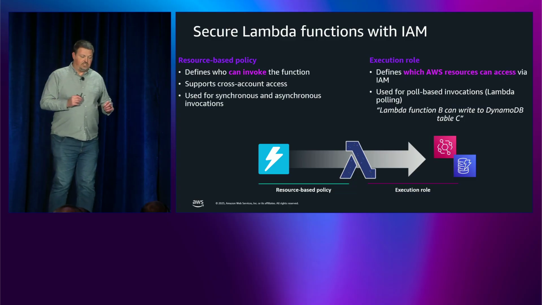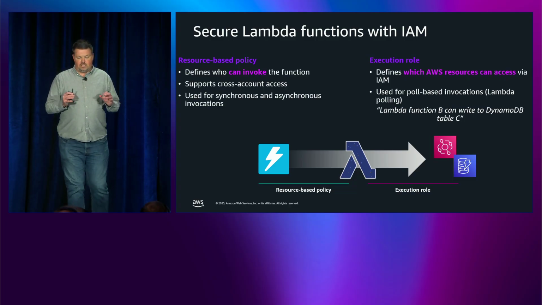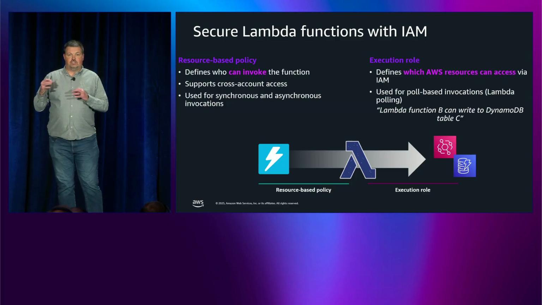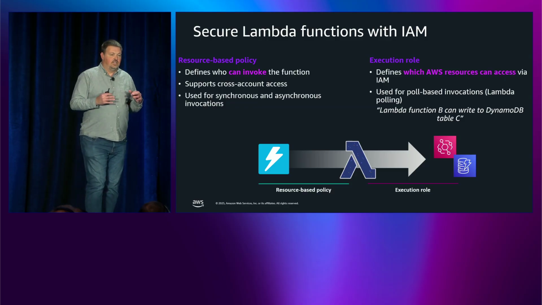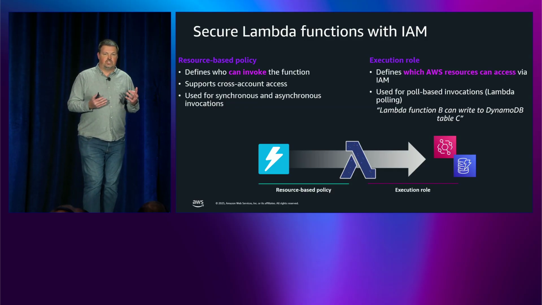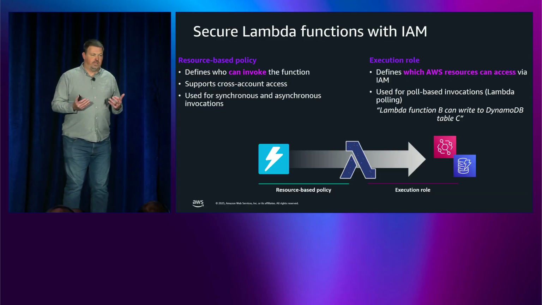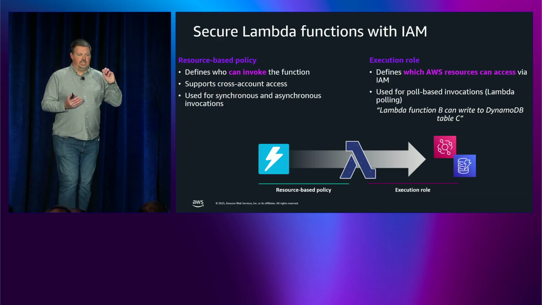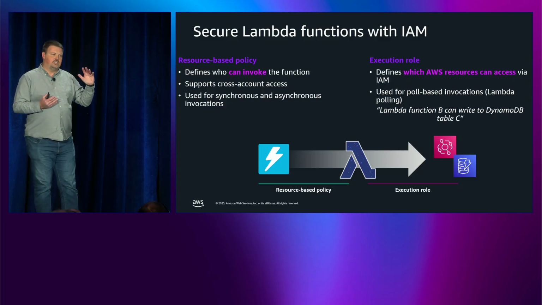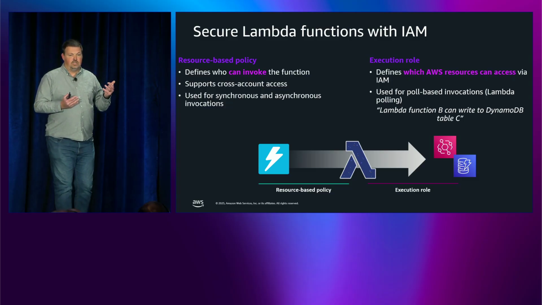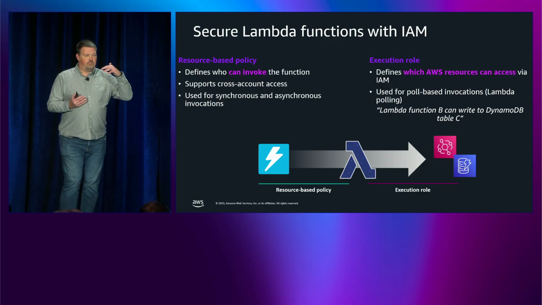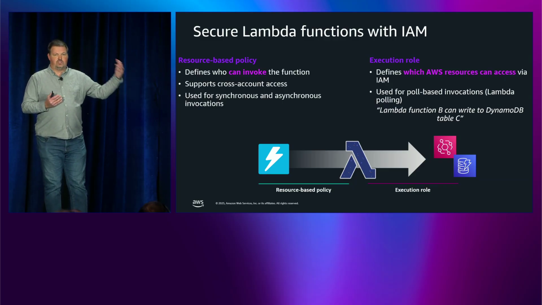Okay, so with Lambda functions, specifically, I want to talk a little bit about resource-based policies versus the execution role of that service. So this is a little bit different than how you might consider security for maybe an application running on an EC2 instance. So with Lambda functions, you have two different policies that you're going to work with. That resource-based policy is what gets applied for any service that's triggering or invoking your Lambda function. There's a couple of other services that also follow this pattern, such as EventBridge. And so you'll want to make sure that you think through that resource-based policy for what services can invoke that